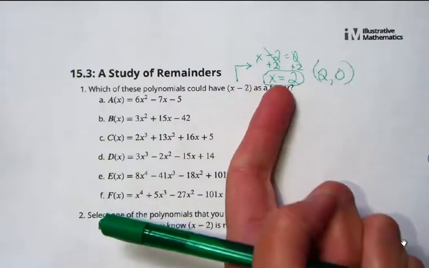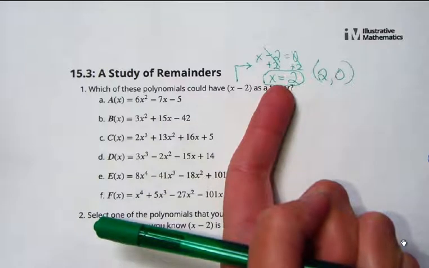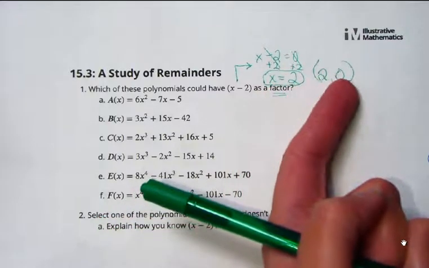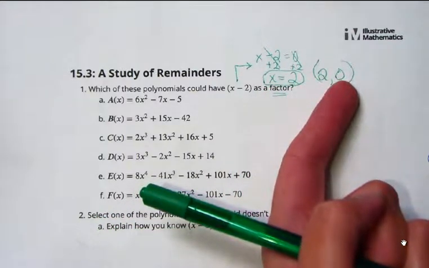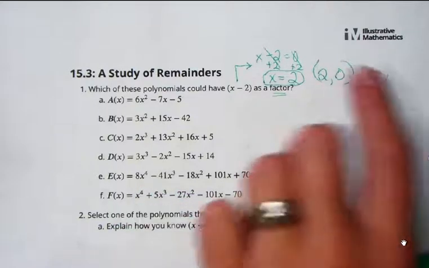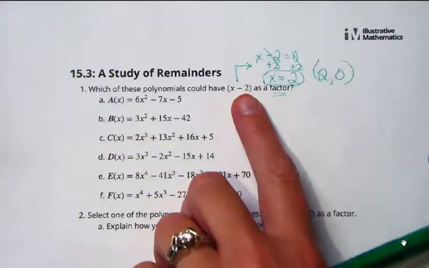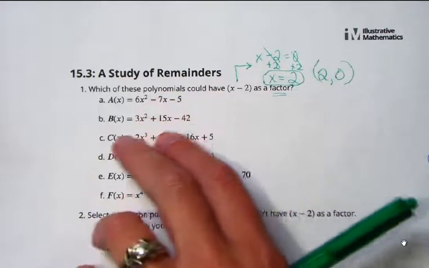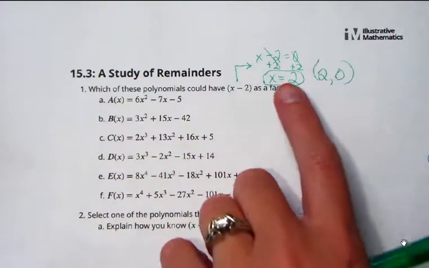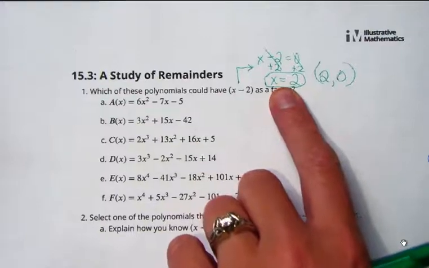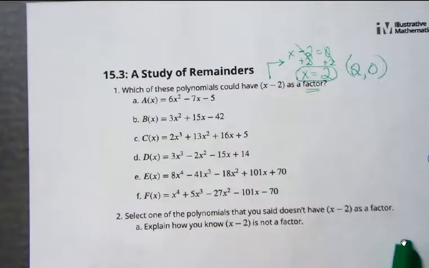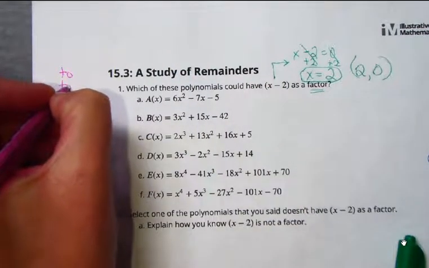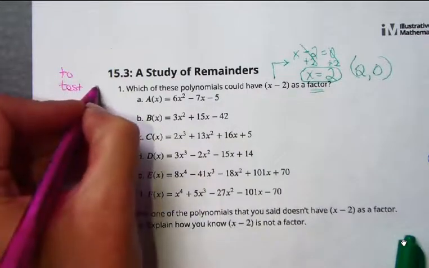So the idea is that if it is a factor, if x equals 2 is an x-intercept, it should be giving us an output of 0. If we use that idea with each of these, I don't have to actually divide the factor into each one of them and see if it goes evenly or not. I can try this input. So here are the steps of what we're doing. If we just want to test a factor,